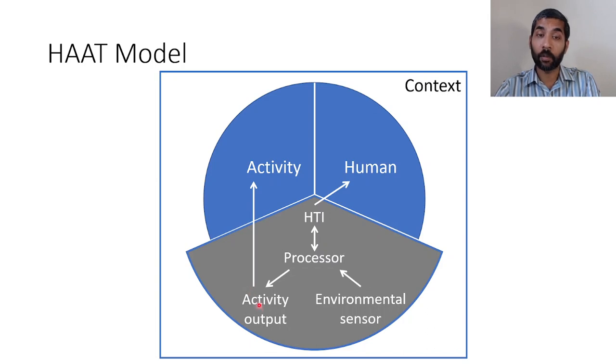And that activity output basically helps to fulfill this activity. And that's how assistive technology bridges the gap between a human being and the activity that he wants to perform. Hopefully that makes sense. In the next few videos, we are going to look at specific applications of the HAT model to specific disabilities that people could